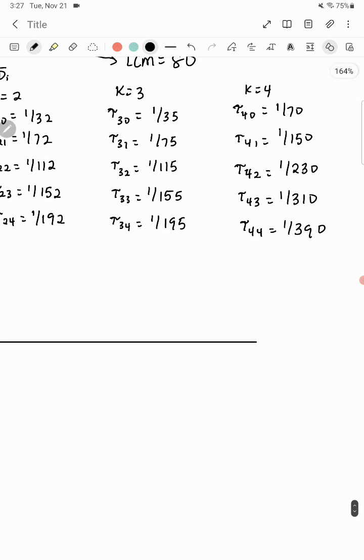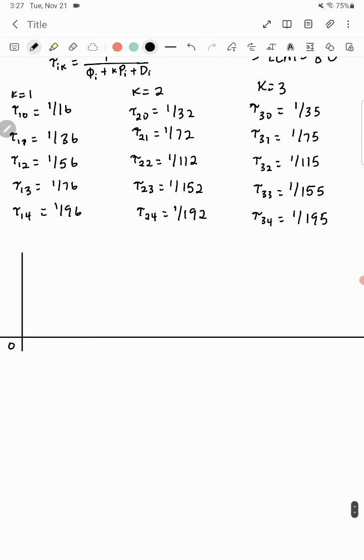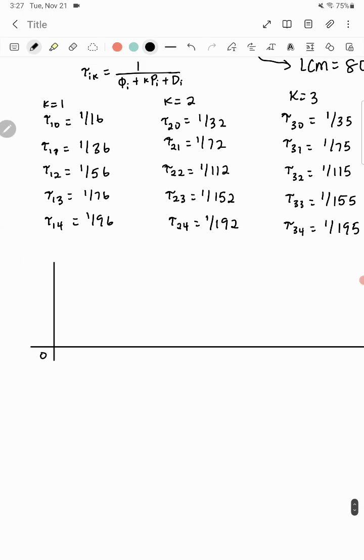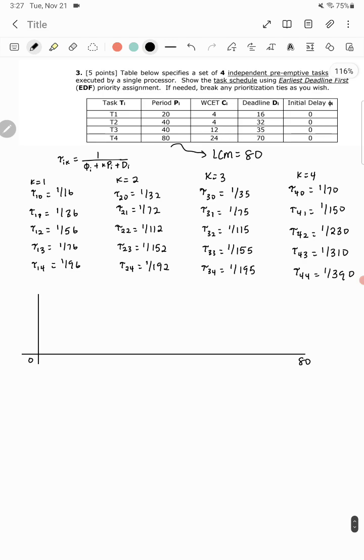We have 80 over here, and we have 0. So it's going from 0 to 80. This is what the timing diagram looks like. Okay, the next step we are going to look at is how do you correctly identify all the different tasks